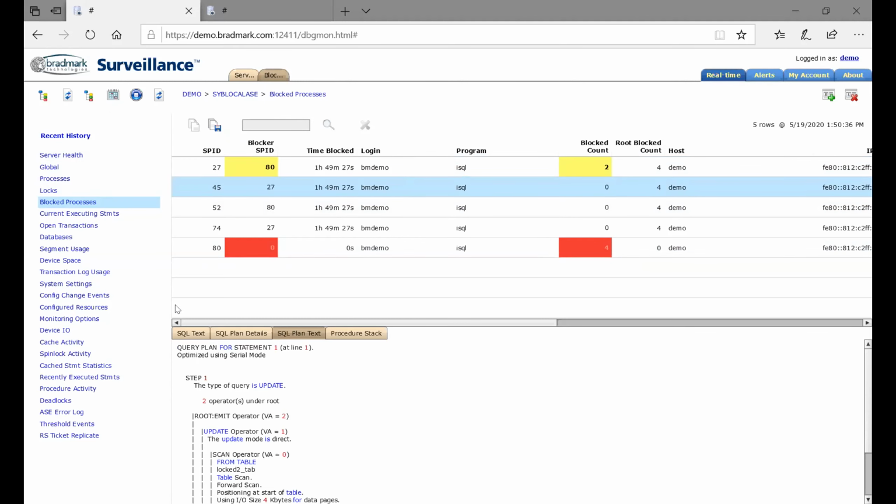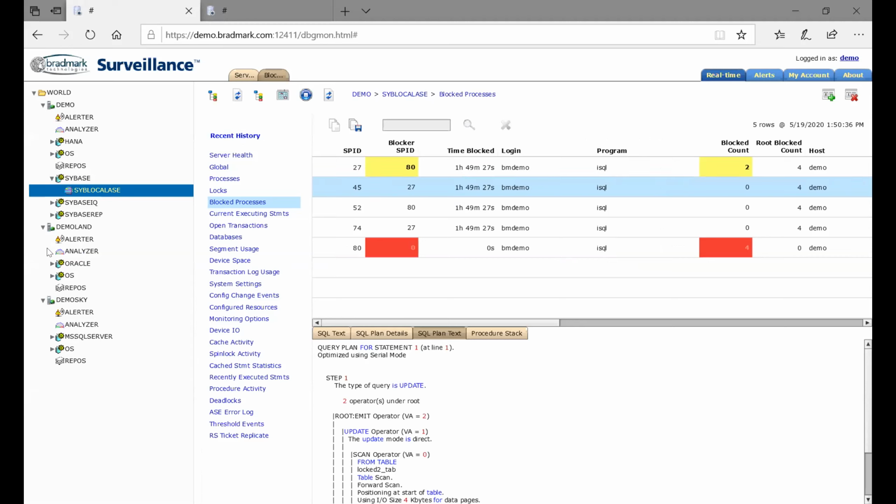This is a cloud instance of ASE that we're connected to, but if it was on-premises, it would be just the same as well. If we integrated with on-premises, then it would show up as just another SAT in the tree here. So here we have, in this case, all these three SATs are actually in the cloud, but if we were connecting to an on-premises SAT, it would show up in the tree just like this. We'd be able to browse to it just like this, no problem at all, and have the single interface to both cloud instances and on-premises as well.